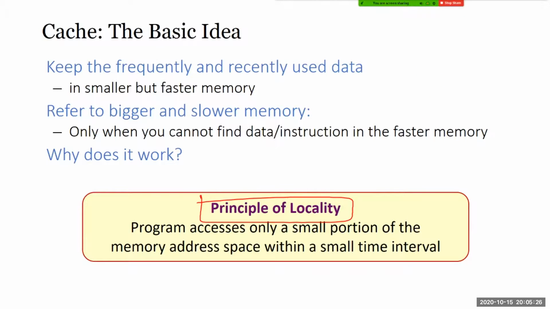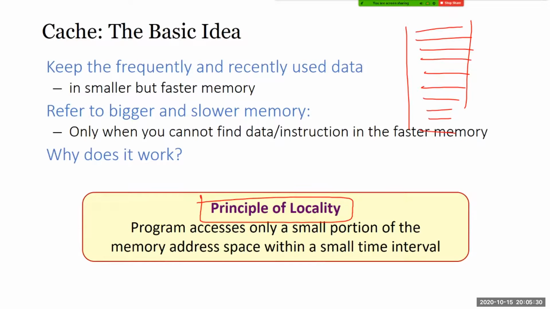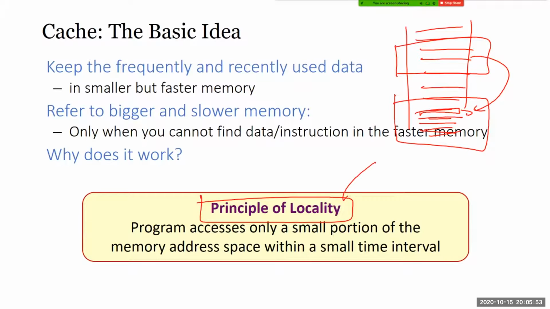Locality is where your program has a lot of instructions or data. If the data cannot fit into one cache, you pull a block. If I need to pull another block, why is it that pulling this block is useful? It's because all the instructions are close together. If I need to use this instruction, the other instructions will be close together. So this is the principle of locality.